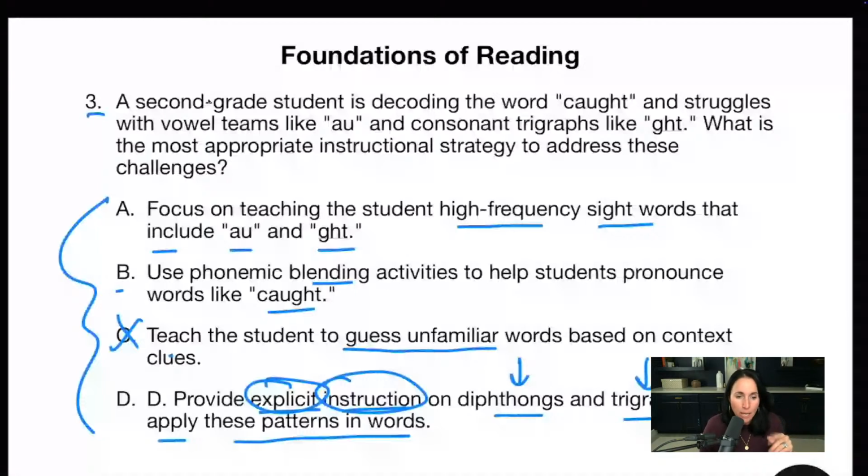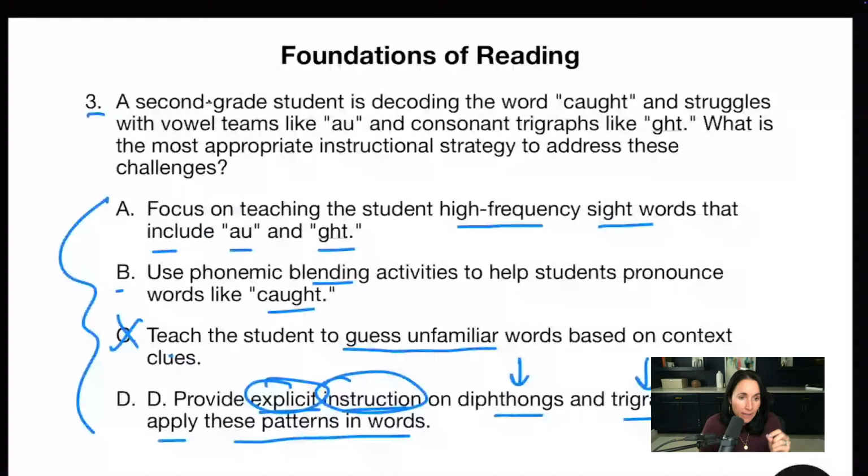But remember, for teaching reading and for foundations of reading, explicit, systematic, and recursive instruction are all good words. Explicit instruction means that we are not just hoping students pick up these skills while we teach reading. All right. We want to really teach these skills in isolation. We teach phonemic and phonological awareness in isolation. We teach phonics in isolation. We model it. We show them. We don't just read a sentence and hope they pick it up. We actually stop and talk about the decoding of words and the sounds and words and all of that.